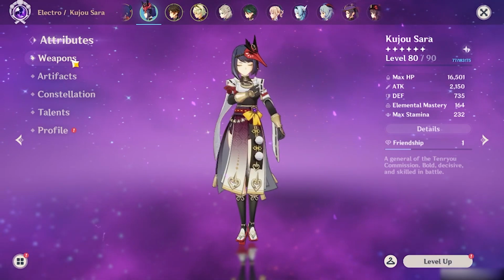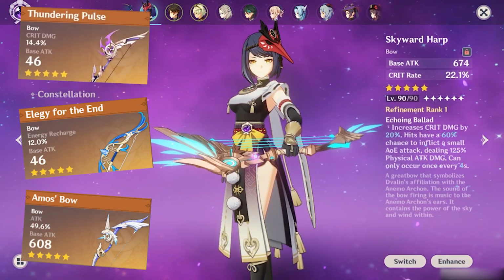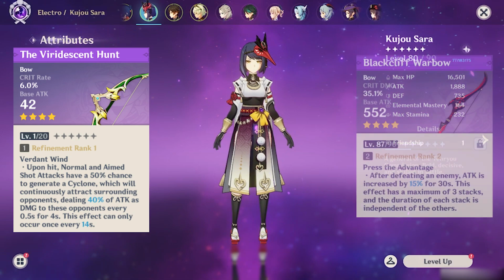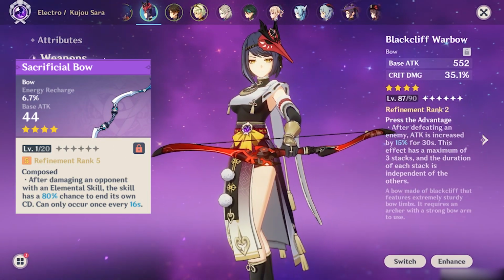and the base attack is the attack you gain from ascending the character and the base attack from the weapon. The weapon that gives the highest amount of base attack is the Skyward Harp, followed by other 5-star weapons, which are all nice bows to have for damage and also increasing attack for other characters. Battle Pass weapon and the Black Cliff are both viable options, but the two bows that come to mind with high base attack is the Black Cliff and the Sacrificial Bow,